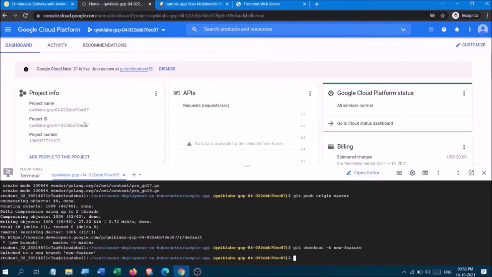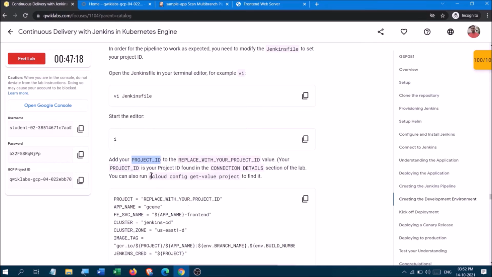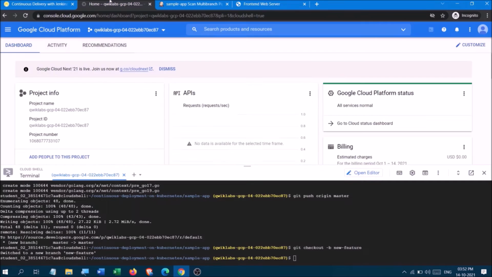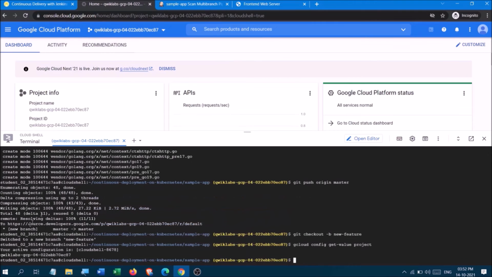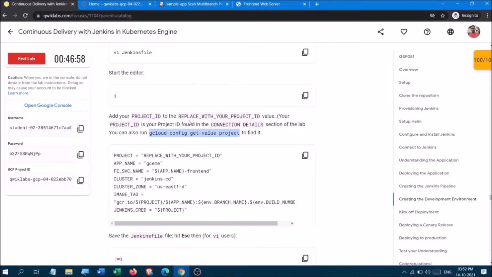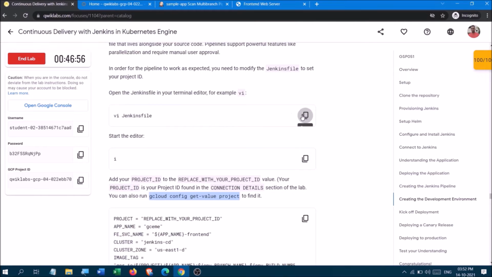Or you can run this command to get the project id also. So we'll run this first. Yes, it is. So we got our project id. Okay, now what you are going to do is copy this.